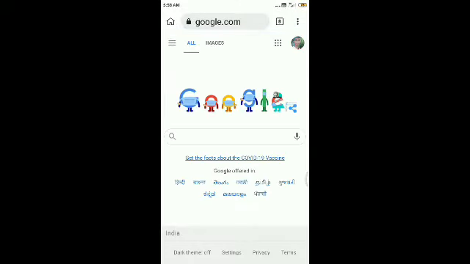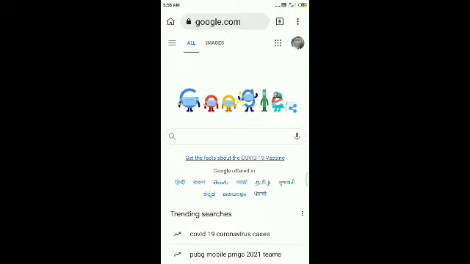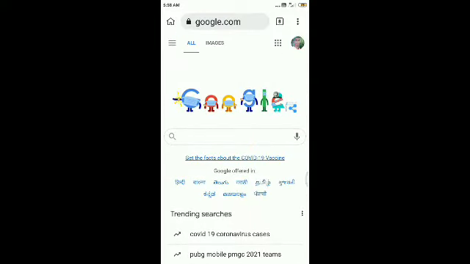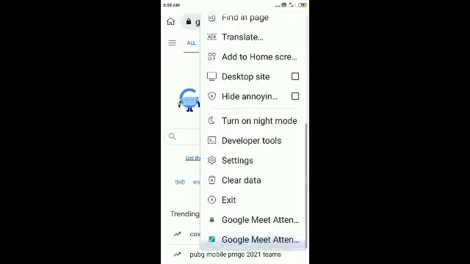Network is quite slow here, so please wait. Now you have to click on the three dots and make sure that the phone is in desktop mode.